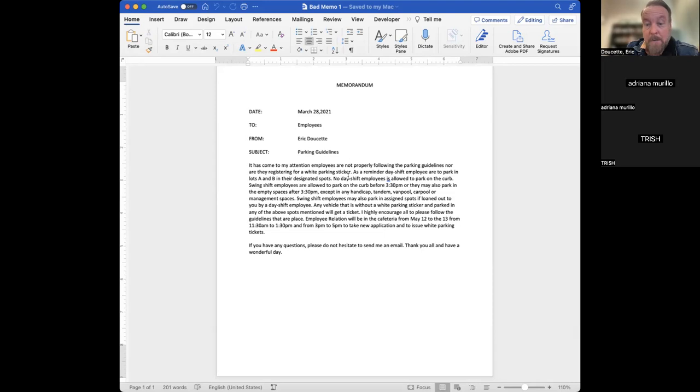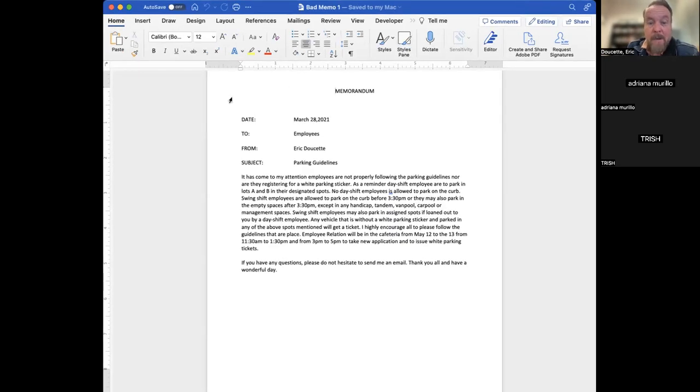And so this right here, I would mark them up quite a bit. Not only that, but all their information in here is exactly how it was in the scenario. It has day shift employees and swing shift employees and back to day shift employees. Again, they didn't group the information together at all. So this document is poorly written. If I got that, I would send them a 0 or a low score and say, please go back and watch my video on business writing.